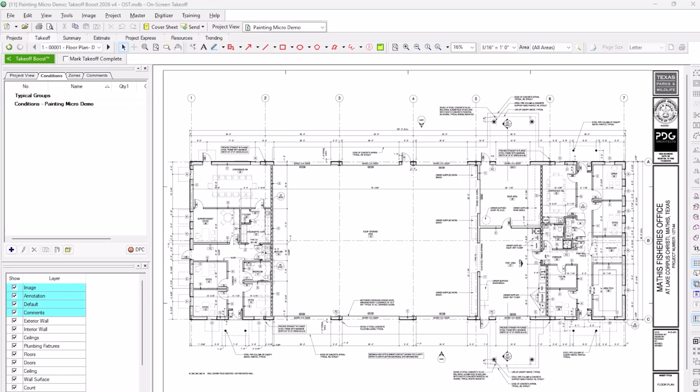As a framing contractor, do you spend too much time making monotonous clicks to complete your takeoff? It's time to let Takeoff Boost do the heavy lifting. Instead of tracing every wall and opening by hand in on-screen takeoff, we're going to let Takeoff Boost do the initial work for us. I've already got the PDF loaded, and we're looking at a pretty standard floor plan for